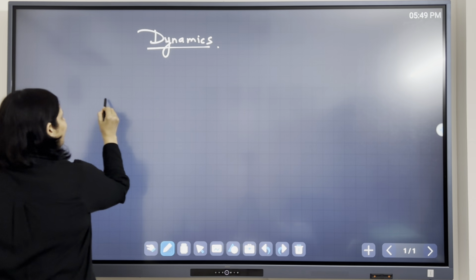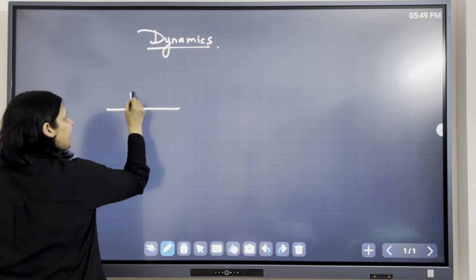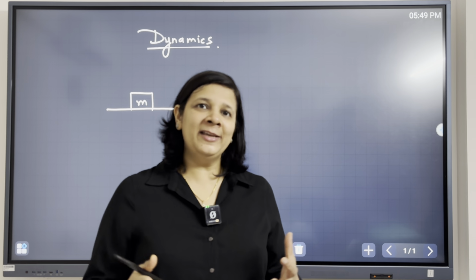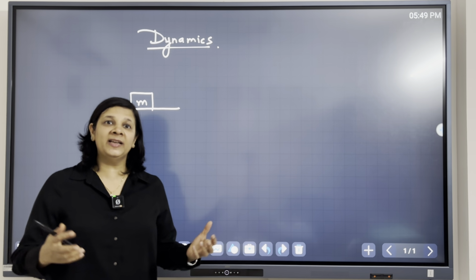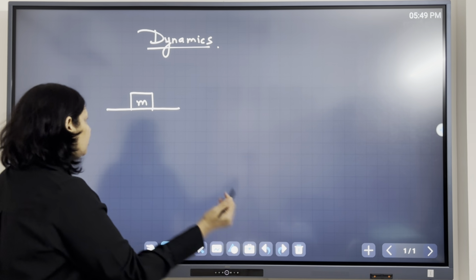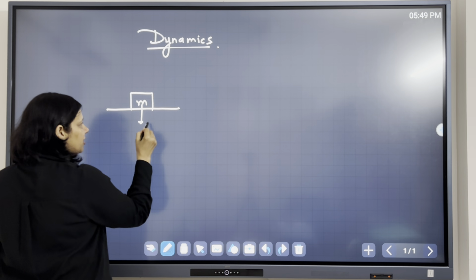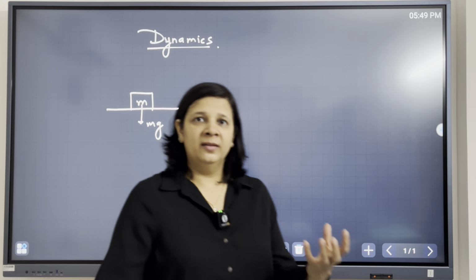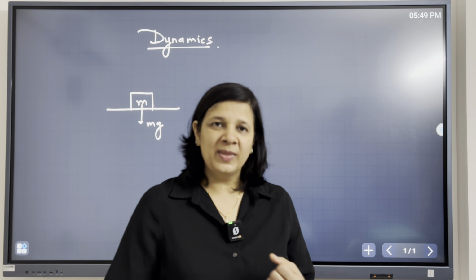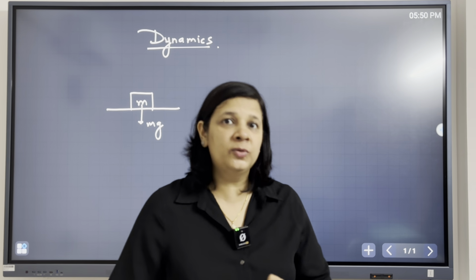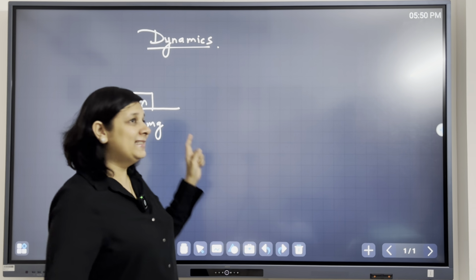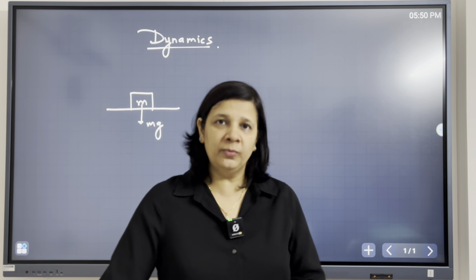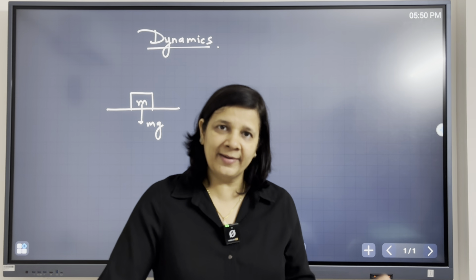So for example, an object of mass m is kept on a table, right? Then if I ask you that if the object is at rest, what are the different kinds of forces acting on this object? So we all know that first the gravitational force will act downwards, right? Gravitational force or the weight of an object is the force with which the object is pulled towards the earth. Now the object is at rest on the table. If this is the only force, then the object should accelerate downwards, but it's not like that. The object is at rest, right?